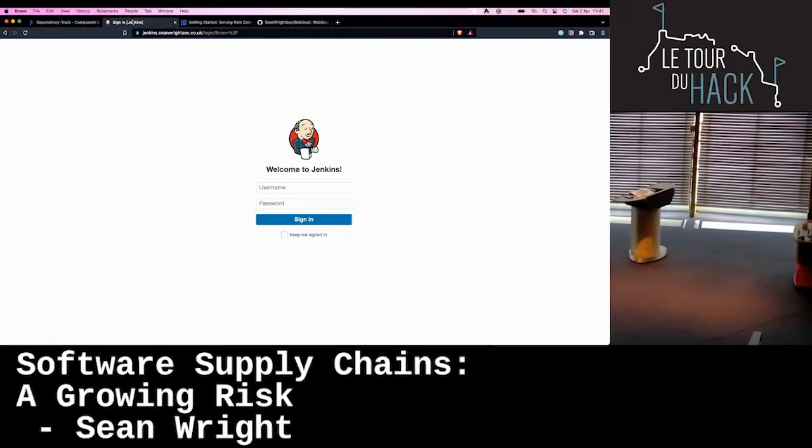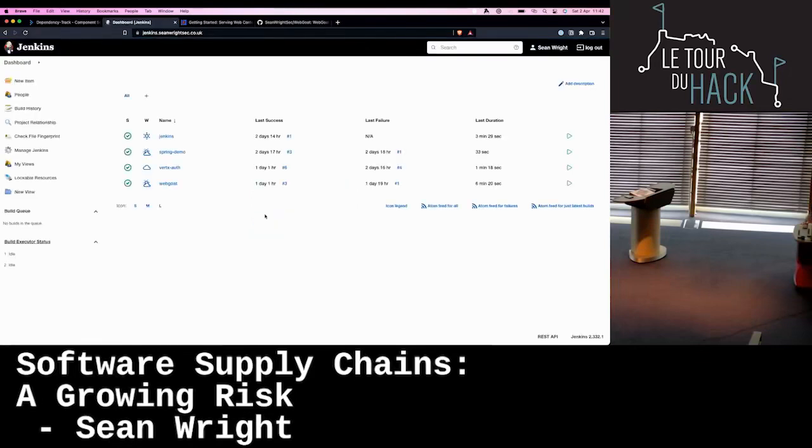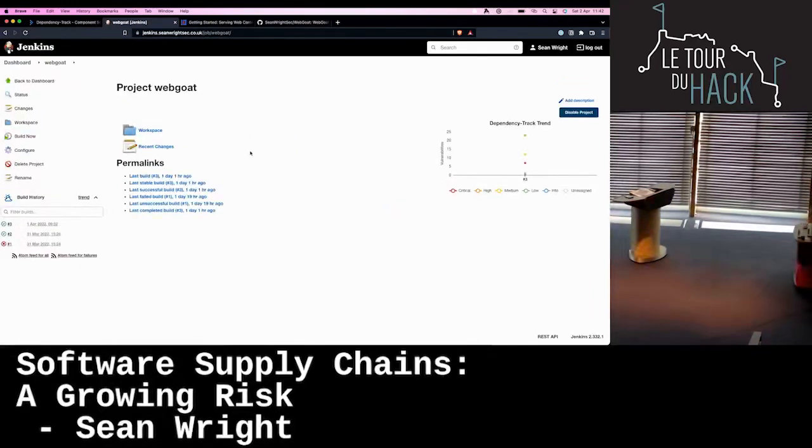And as I mentioned, one of the other bits of this was the continuous parts. So this tool has a plugin that allows you to integrate with Jenkins, and you can actually start running this as part of your build cycle. As you can see on the right-hand side, there's a nice graph, so you can see offhand, once you go project, you build, how many vulnerabilities you have, and all of that.